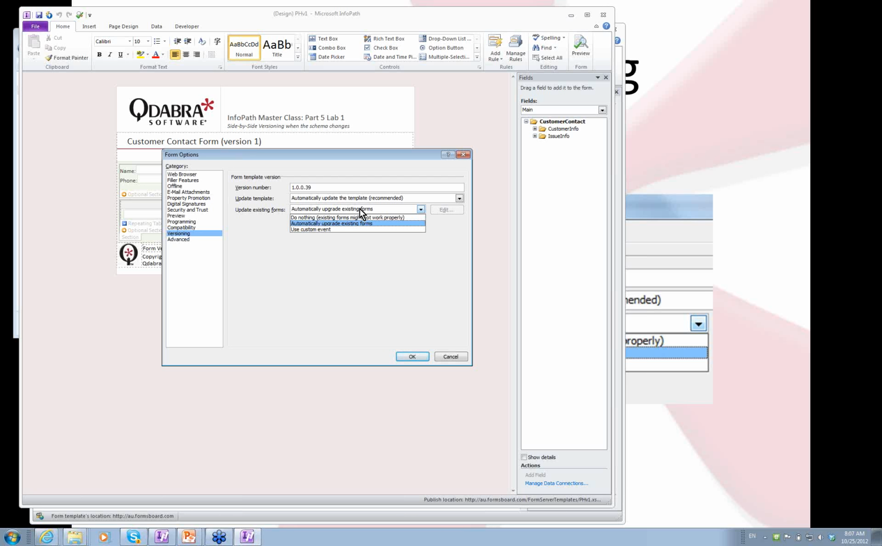If you create a new version by changing the data source, by adding a field, your old forms will automatically upgrade and get converted to the new form if the change to your data source was relatively simple. And that's why that's the default, because InfoPath can automatically upgrade or convert your V1 XML forms to a V2 if the change you make is only an add, a simple add. Okay, so